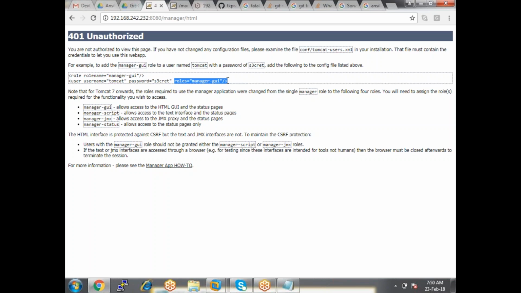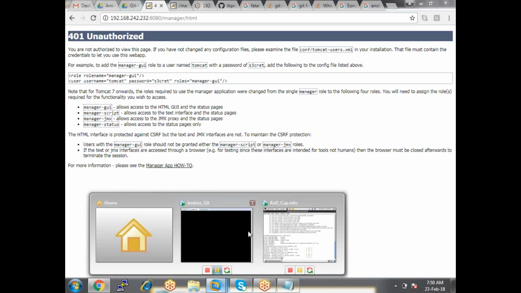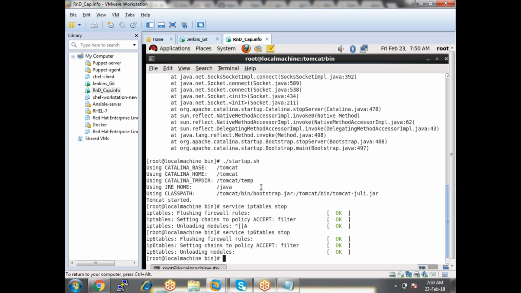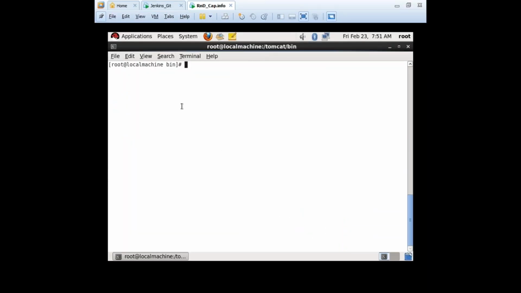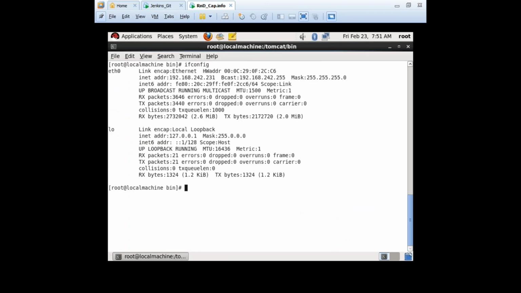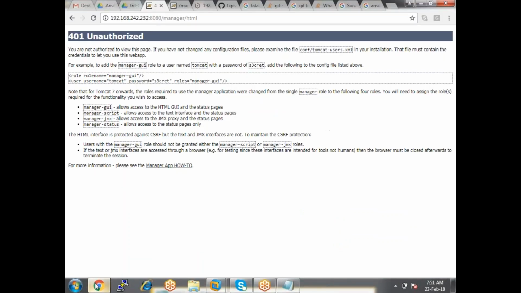Then the user will have this particular role. Clear? But where do we do this? Yeah, in the config file within the config directory, right?